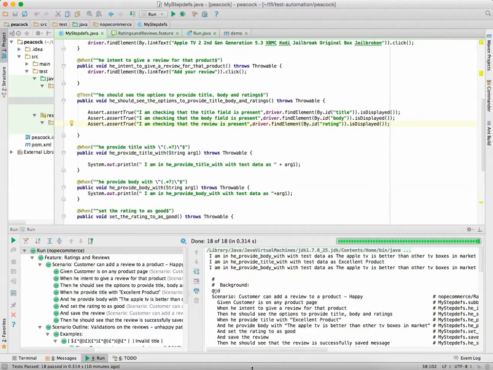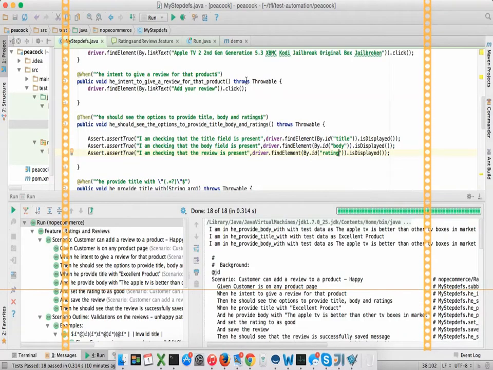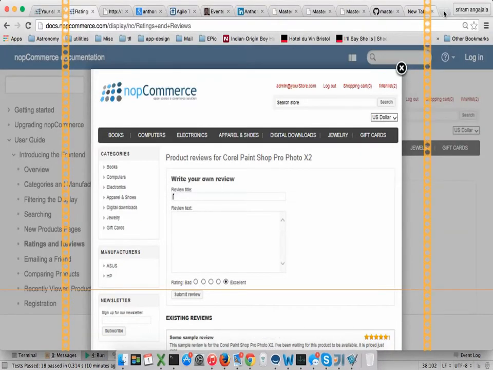Now give me 1 minute. I will try to get the real locators. You can't see anything, right? Wait. What I will do, I'll go to Srikanth.